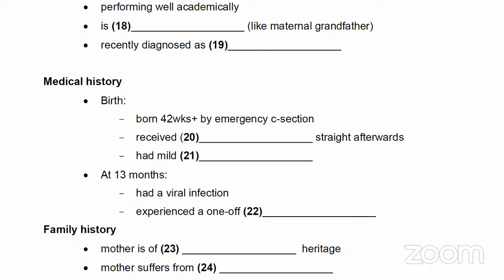I see. And there's been nothing of note since then? Well, there is one thing. About a month after his first birthday, Tony came down with a bad virus. He had a high temperature of about 40 degrees. That brought on a febrile seizure. It was so scary. But it only lasted about 5 minutes, and then he seemed to be back to his normal self. That's the only one he's had.